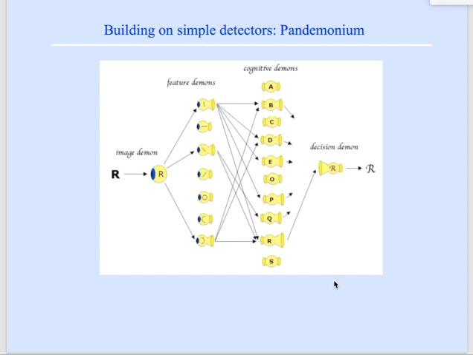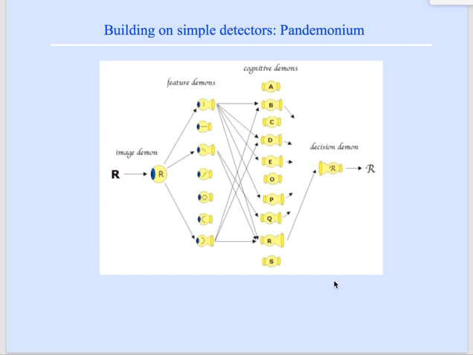Now, one interesting way to think about what these simple detectors are doing when you put them together is a model called Pandemonium that was developed by Oliver Selfridge. This is a conceptual model. The way you might think about it is on the left side of the screen you have an R. That R is out in the world, and then you have an image daemon, which represents that R. Then you have a whole set of feature daemons, each one of which is